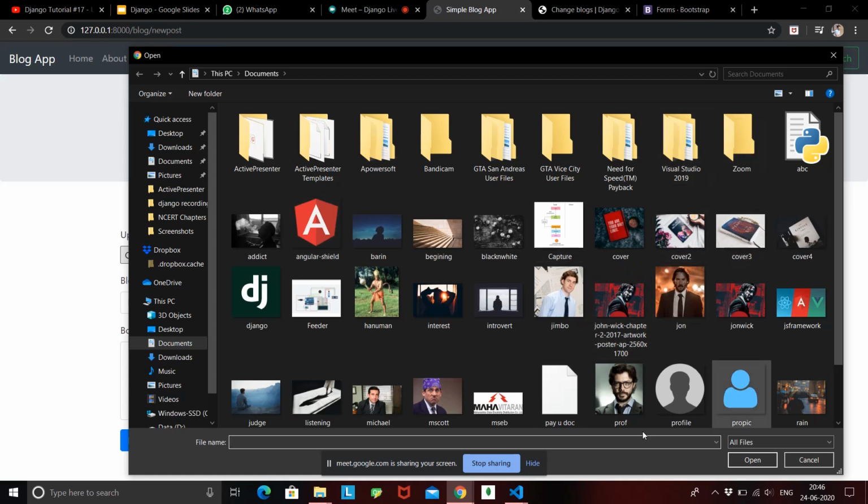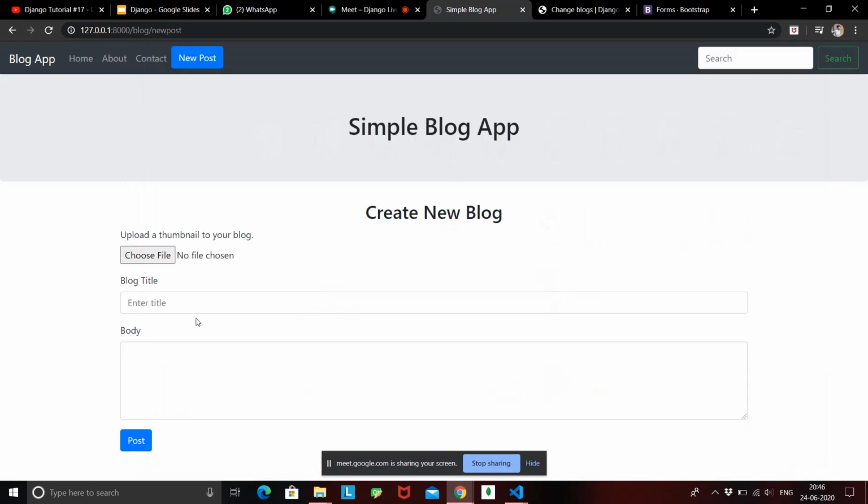Okay, so once that is created, we need to post this data to a URL, and that URL is going to handle the data to store it inside the database. Okay, that's what we saw in yesterday's lecture. So now, we need to make a few changes, because an image file or a file itself is not similar to text. Okay, currently we were just passing text, that is title and body, but now we are passing a complete file, that is a complete image. So there are some changes that you need to make.